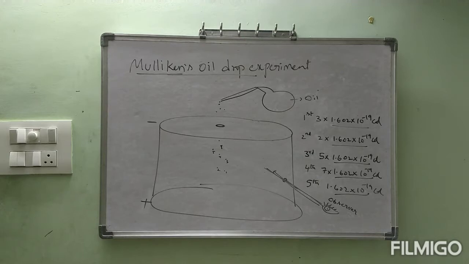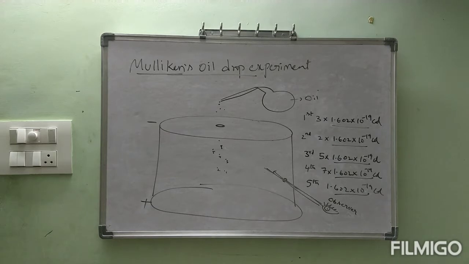In this way, this experiment is mainly related to oil drops. That's why this experiment was named Millikan's oil drop experiment. Mainly, Millikan made oil drops pass in between 2 electrically charged plates, and he examined all the oil drops while they were traveling from the first plate to the last plate, from negative charge to positive charge, and he observed that different droplets of oil are developed by different charges.